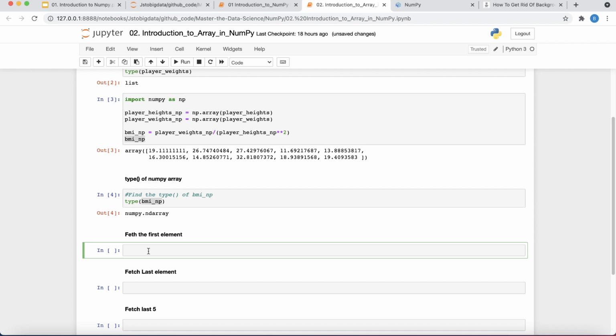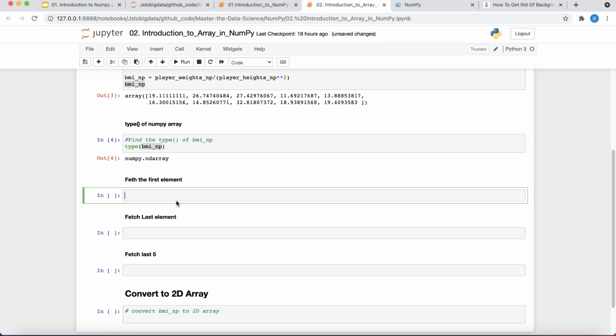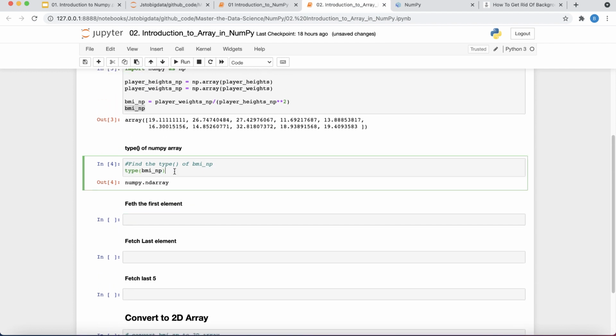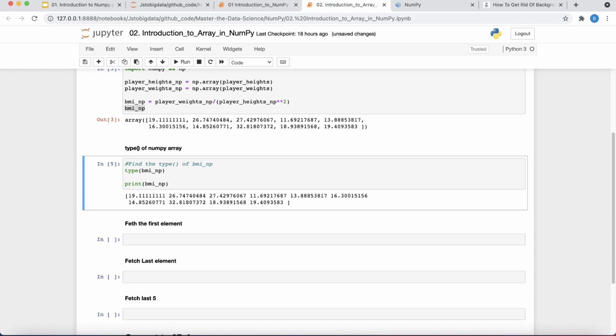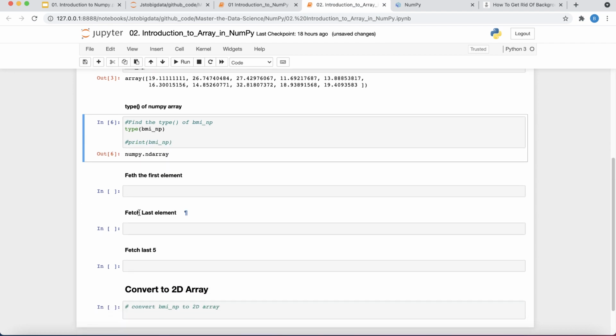So I can have n number of rows and columns in NumPy, and that's okay. And if you want to print, you can also use the print statement. You can print BMI NP, and you can see that it prints just like a list, right? I'll just comment this out at this moment.